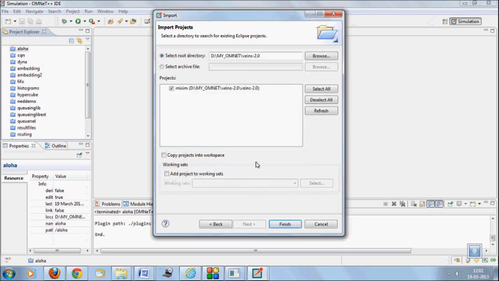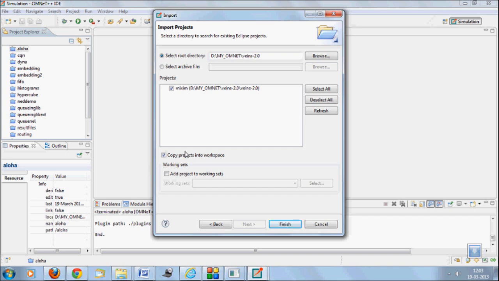One thing you have to be careful about is that you need to, under any circumstances, select this option, copy projects into workspace. If you do not do that, you'll keep wondering what's actually going on. It will compile, but it will not execute. This is the single most important thing about running any framework in Omnet. If you are importing it, make sure that it is also copied into your workspace directory, such that while you are building, all these folders will be built separately,